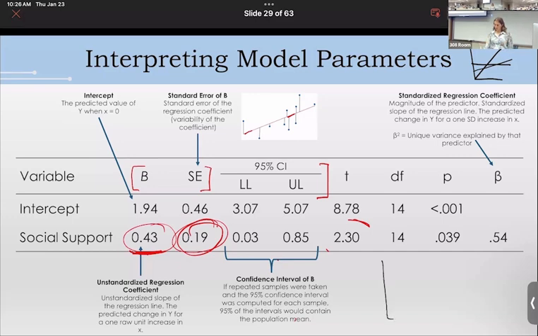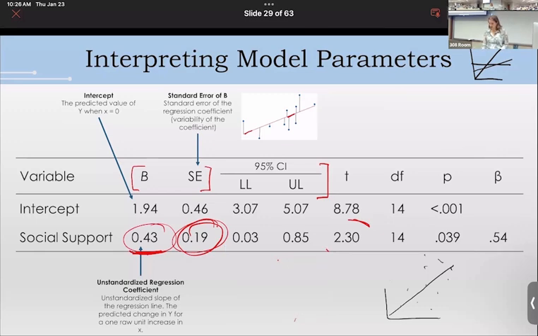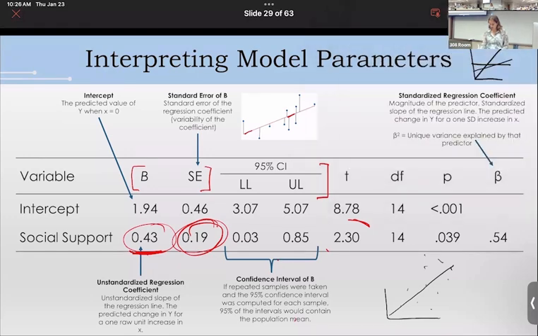Why? Because we take all our data points and we say, what's the correlation? 0.54. Draw the best line, 0.54. There's no other variable to contend with. So beta and Pearson R are exactly the same in a simple regression,